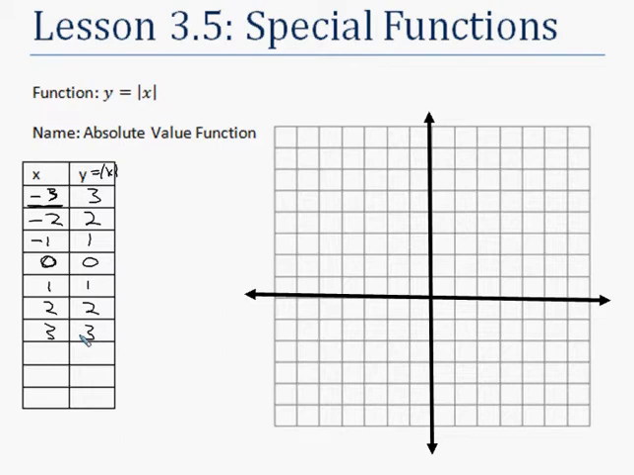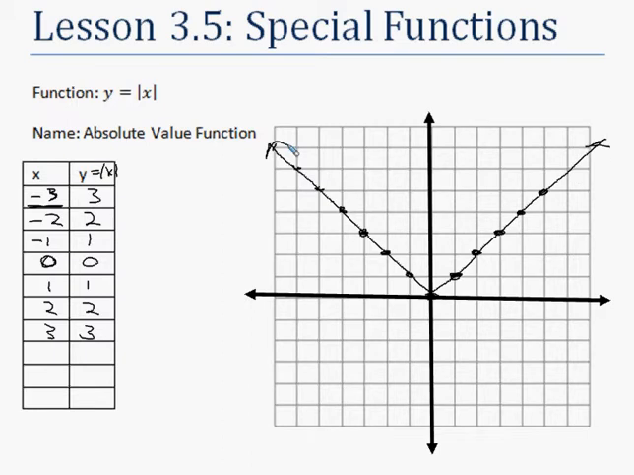So we have the point -3, 3. We have the point -2, 2. -1, 1. 0, 0. 1, 1, 2, 2, 3, 3. And it seems like that pattern would continue. Absolute value of 4 is 4. And so we have this graph. And we can connect these, and the absolute value graph looks like a V,